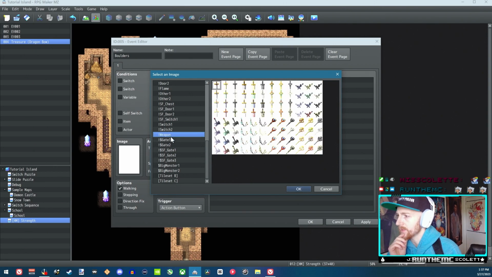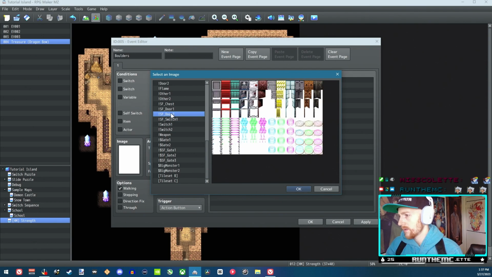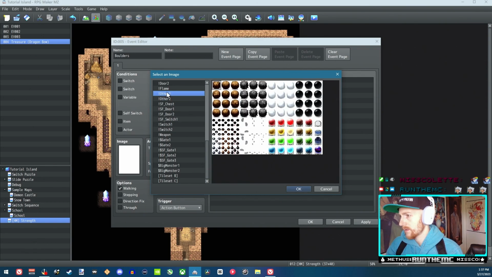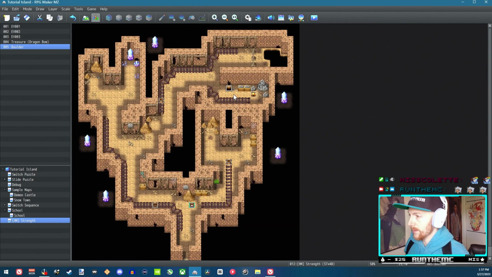There didn't seem to be a good boulder in the tile set. Let's see if... Oh, here we go. I forgot there's a boulder section. I mean, they have different directions, which is a little weird, but we'll just leave it at this one. Change that to boulder. Okay. Just going to copy this. Actually, let's just start with this one for right now. Okay. Now the goal is...